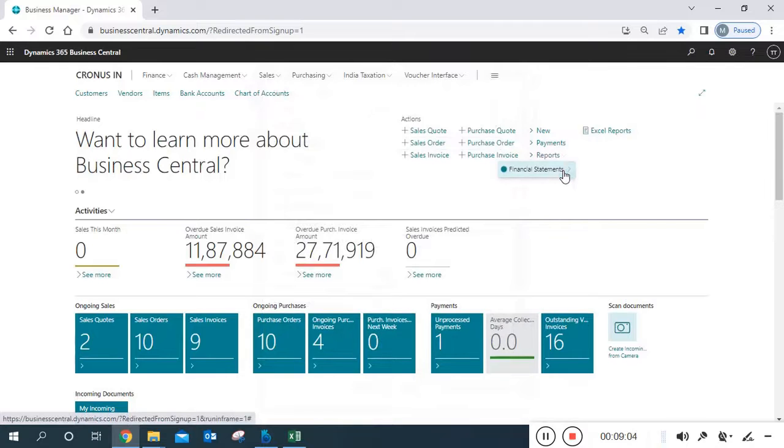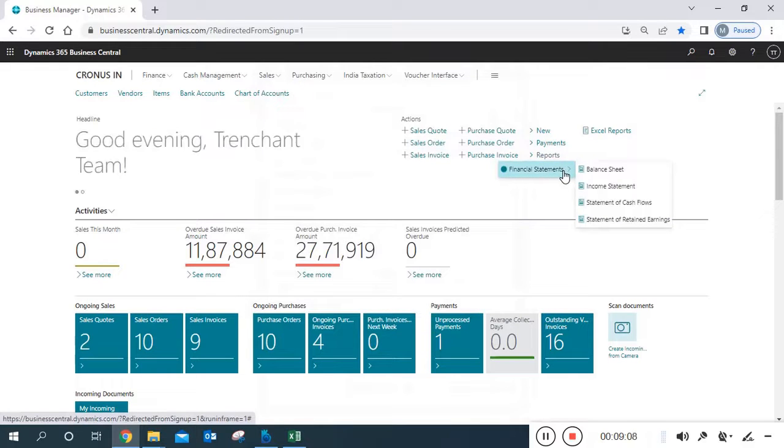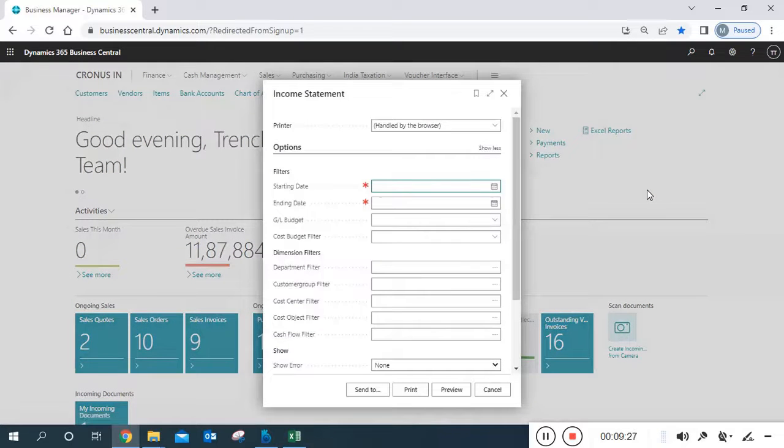Now the BC system's specialty is that it provides inbuilt financial statements. If I don't have the knowledge to create account schedule reports, we can use this inbuilt feature. We can use these inbuilt reports. So now for the income statement, same, you need to provide the period. I'm again using